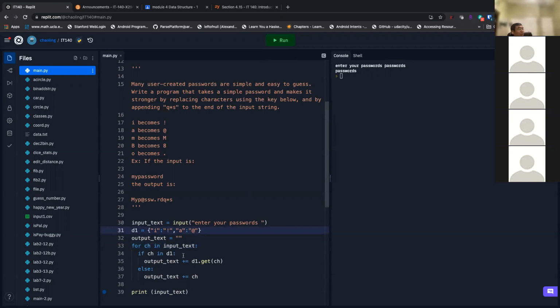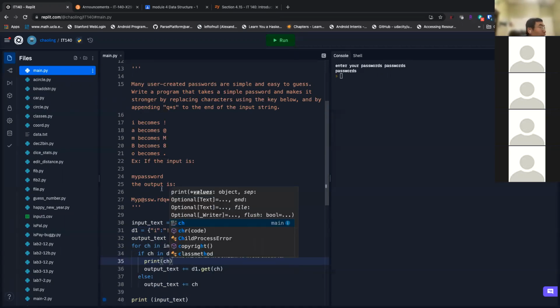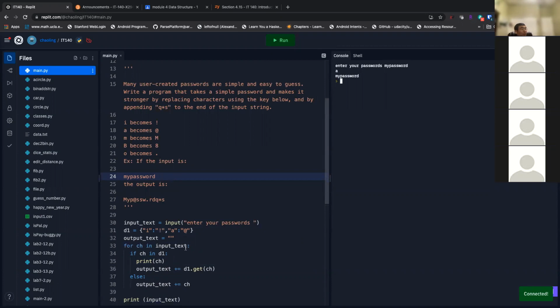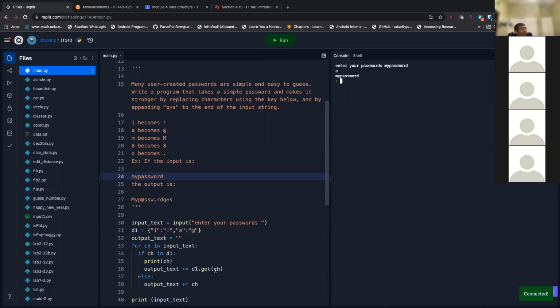Do you know? Let me just print those keywords and see if I can get a hint. My password. So only A gets printed, which is fine. And D1 get A should be at, right?